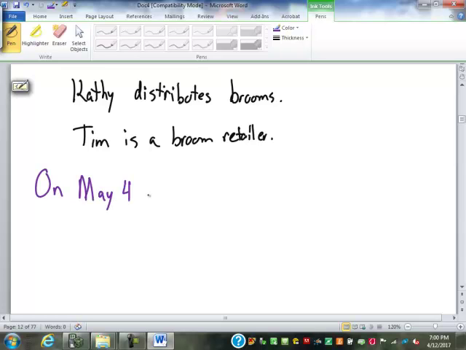Let's say on May 4th, Kathy sells $400 worth of brooms to Tim